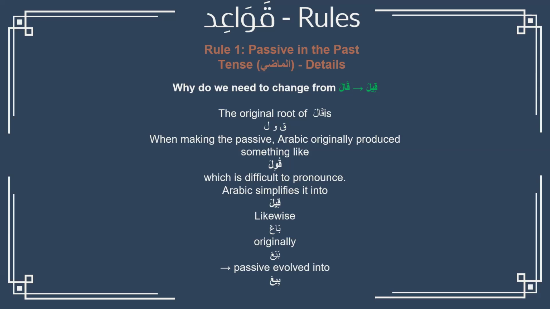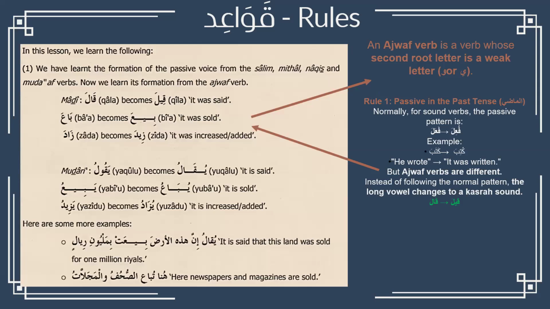For example, bi'a, why is it bi'a? Because from kataba and kutiba, right? That's the reason why the regular pattern would have been like this, right? Because it would have been from fa'ala to fu'ila. So that's why it is simply saying add a kasra, and then it will be easy to pronounce the overall word. So if you look into your examples on the very first one, which is the Madi example.